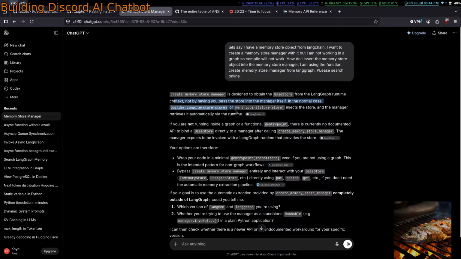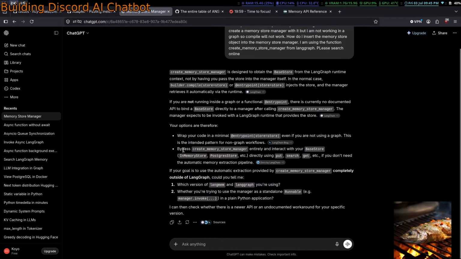That's not good. Entry point, store equals store. Interact with the base store, that is not happening. There we go.